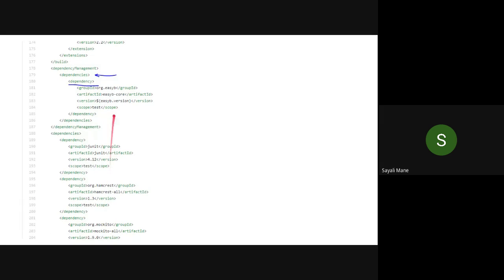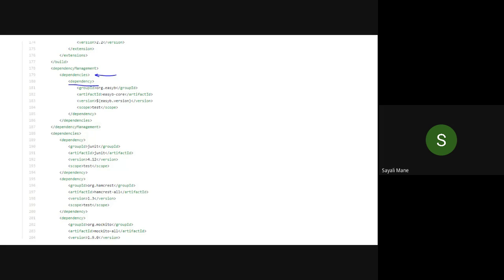Just have a look at the dependencies also. Now you know the meaning of group ID, artifact ID, and version, and they show you the information related to plugins and your dependencies. That's it. This is how the pom.xml file of a Maven project looks.